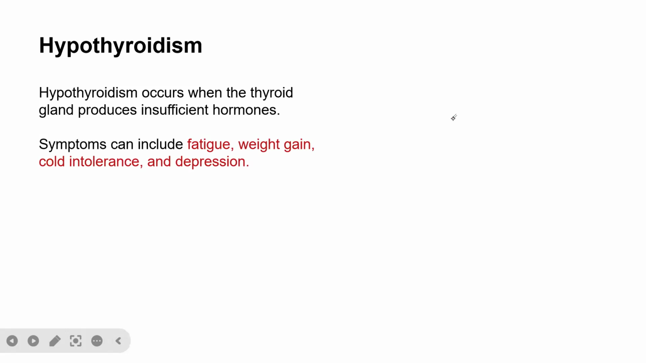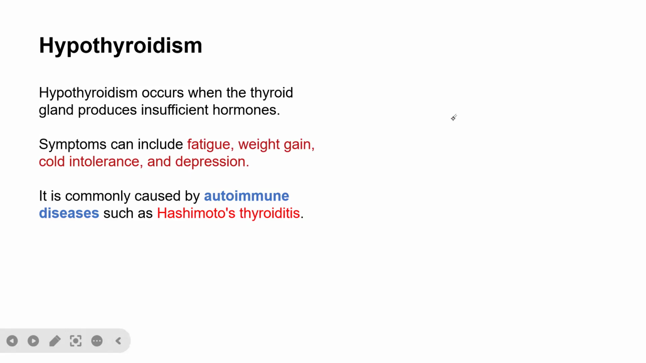It include fatigue, weight gain, cold intolerance, as well as depression. So it is commonly caused by autoimmune diseases such as Hashimoto's thyroiditis. Hashimoto's thyroiditis is an example of an autoimmune disease that is responsible for causing hypothyroidism